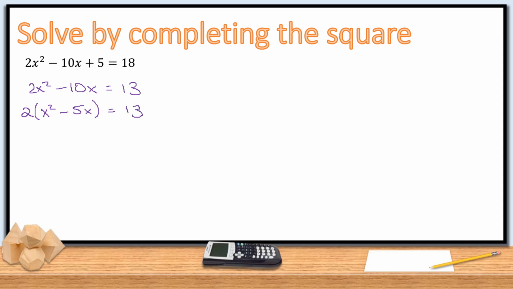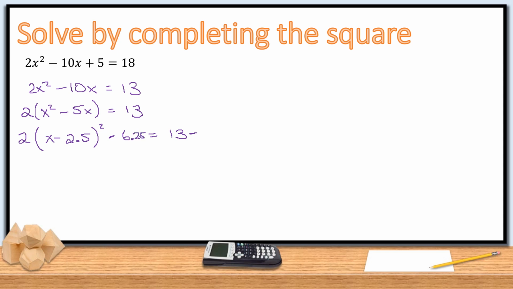We're still good. Now we go through the steps from the previous one, half of negative 5. So this one's going to be as complicated as it gets because it's not going to be nice, pretty whole numbers. So we're going to have 2 still over here times x minus half of 5, 2.5 squared. Now that's going to create an extra number, and we're going to have to subtract it from both sides. So equals 13. So we're going to have to subtract some number from both sides. So we take that 2.5. So 2.5 times 2.5 is 6.25. So we need to subtract